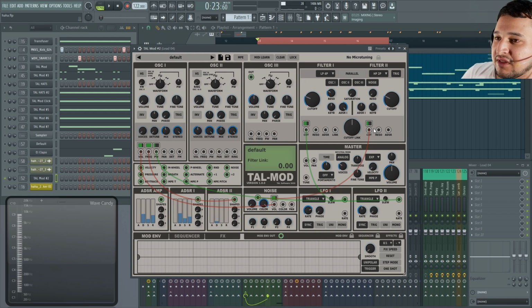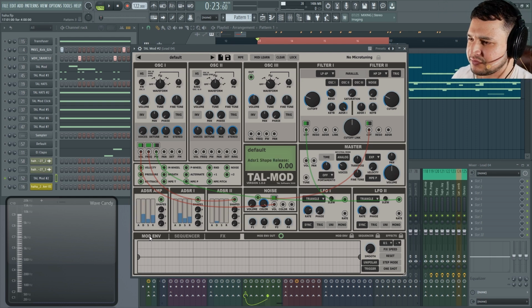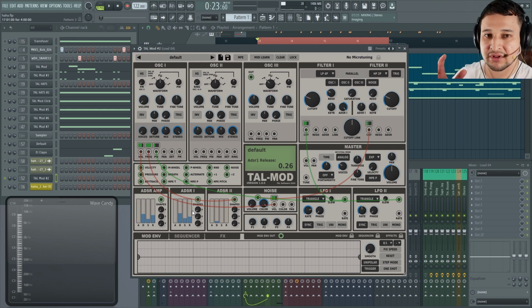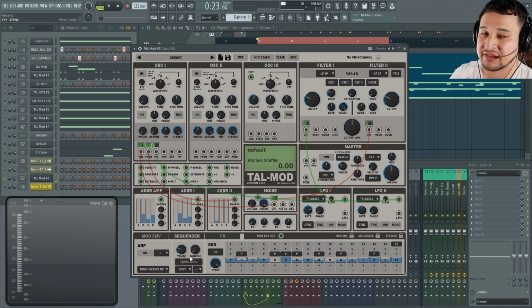And yeah, that's basically the preset in a nutshell. I don't think there's much else to cover here. But yeah, that's how you can create a little pluck sound that has a frequency that's being modulated by an ADSR, which is not the amp ADSR. And then we have 2 filters that are being modulated, one by the LFO, so it's moving along throughout the track. And then we have a second LFO that's being modulated by the noise, which is in turn being modulated by the velocity, which is something we set up in the sequencer, and we set it up to our taste,